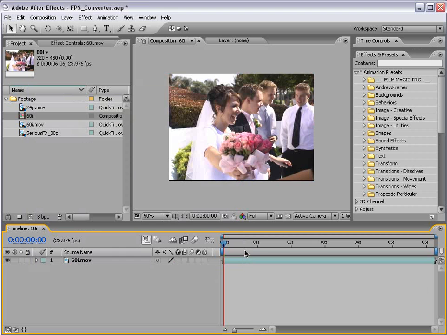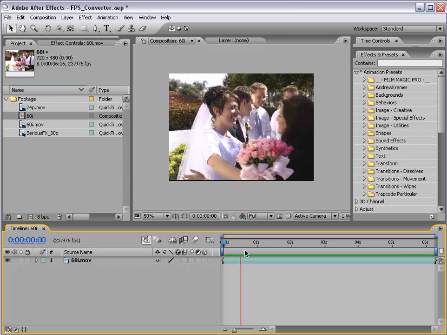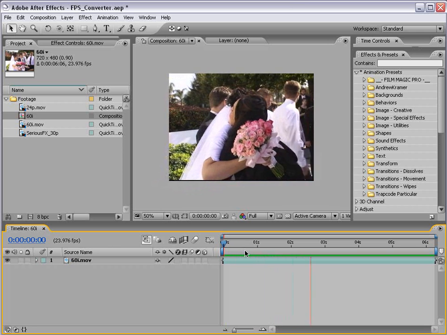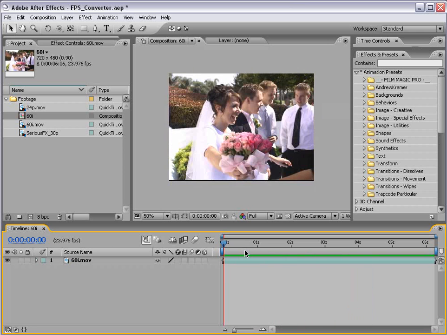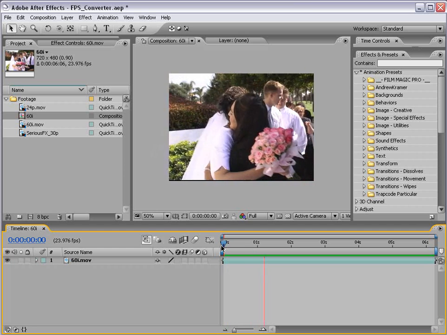Now if I play this back, it's going to be slightly problematic. Now, you probably can't tell because of the screen recording, but playing back 30 frames per second at 24 frames per second basically makes your footage in slow motion. So we don't want